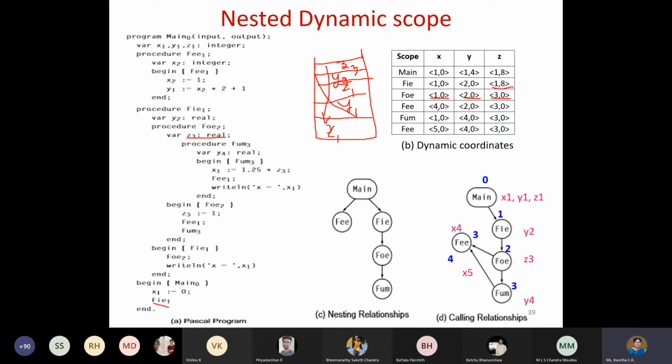Now coming to FEE. Inside FOE, that is the body of the FOE, inside that we have called FEE. Coming to FEE, what is happening in FEE? Now X has been redeclared. So X has been redeclared means now what happens? We are going to have this X2 over here.